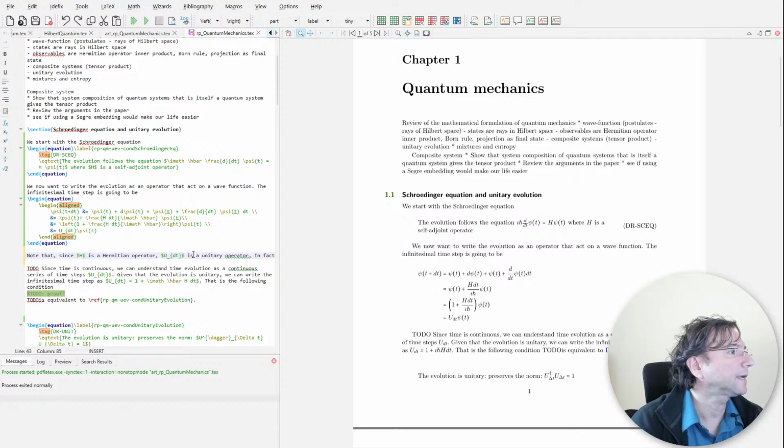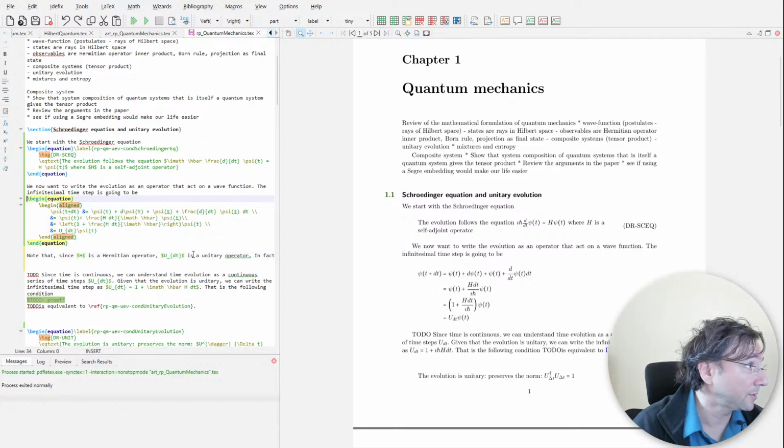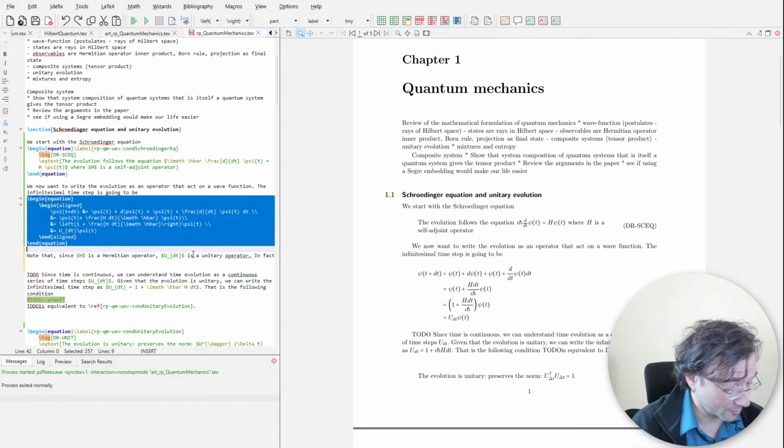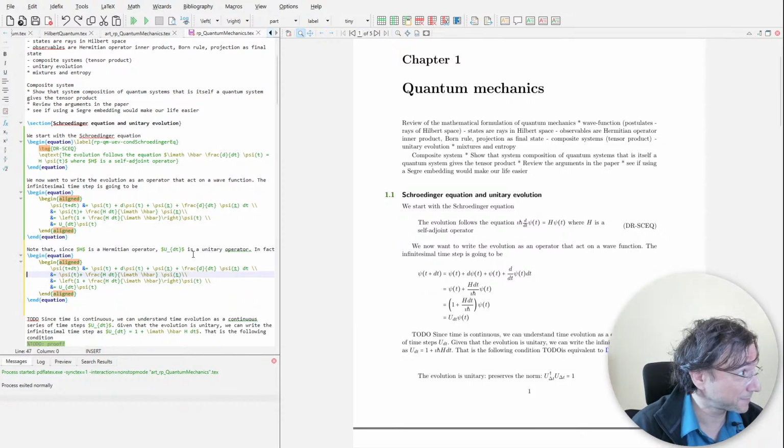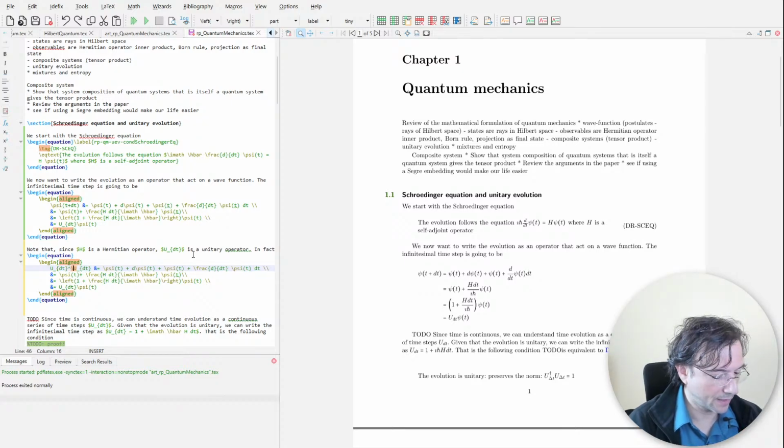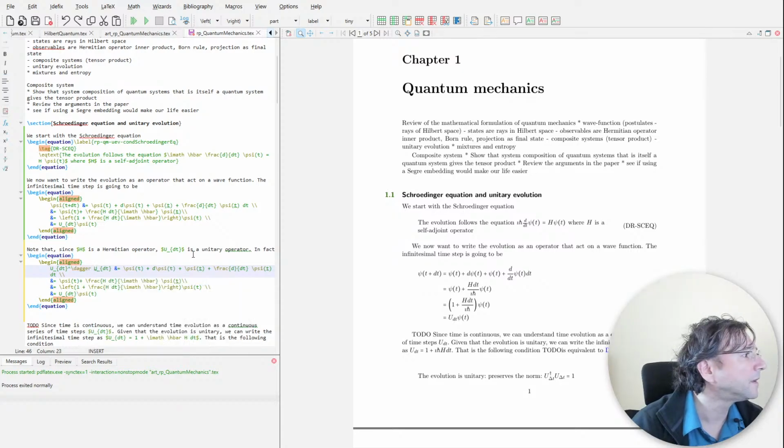In fact, and then we can do the little math, which is probably in all the textbooks. We are gonna do this, and then we're gonna put a dagger here, and